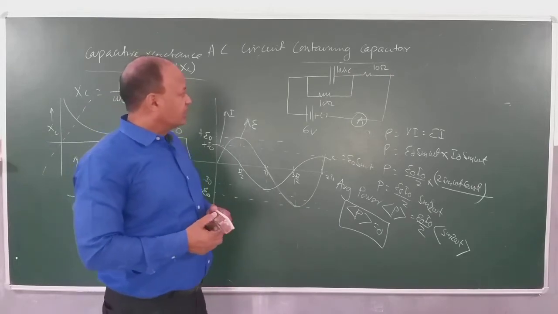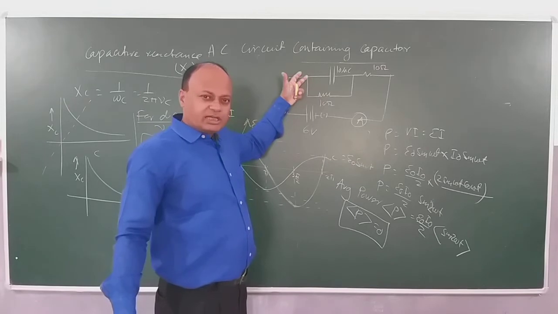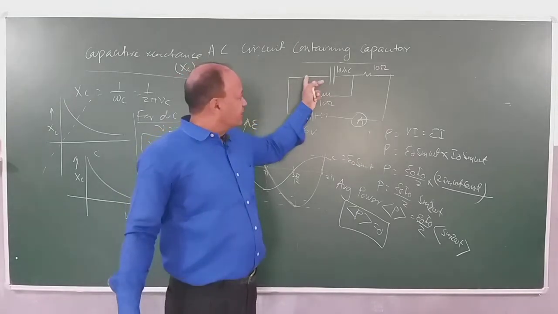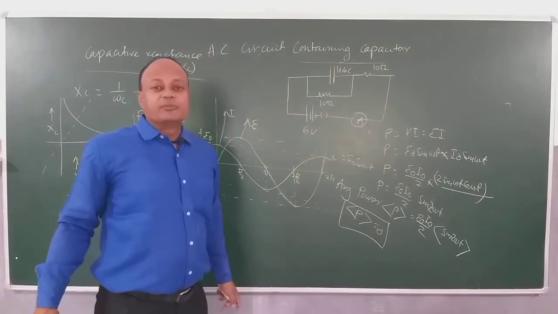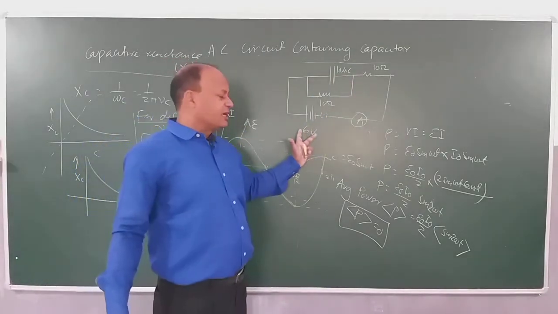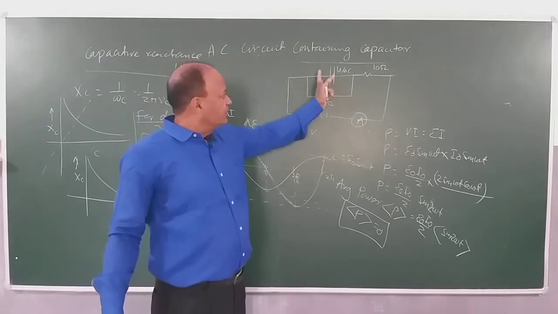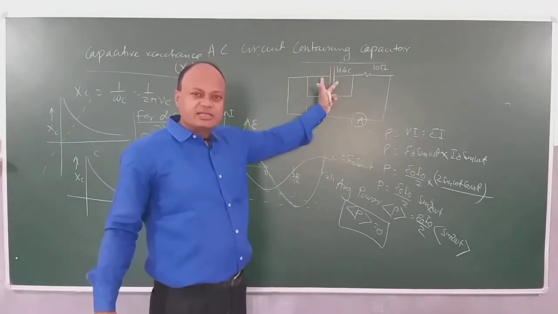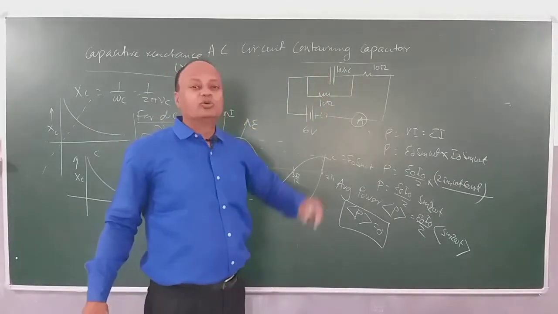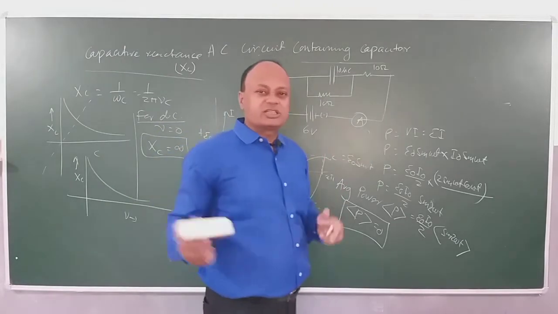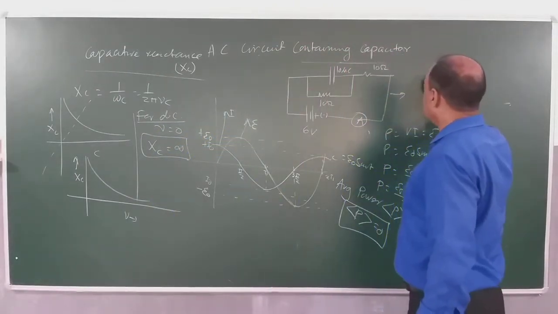You already know that the current will travel from here, go up to here, and the current will have a tendency to branch off, go through the capacitor and also go through the resistor. But what will happen, children? Since the applied voltage is DC, this capacitor will offer infinite resistance and therefore it will block current in this part. The current in this part will not go. So we can redraw the simplified circuit, and the simplified circuit will be something like this.